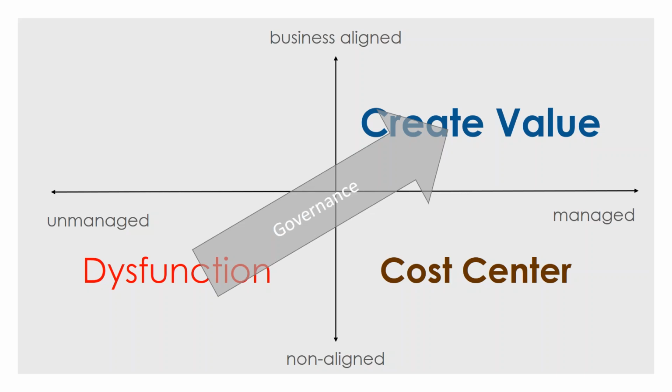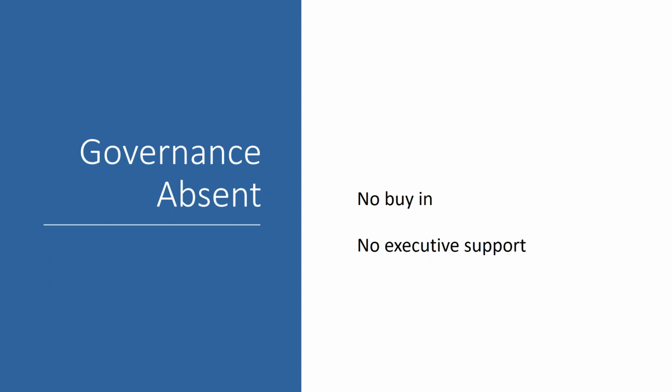So I want to take a few minutes just to talk about that word, because that can be kind of a scary word, and people's eyes can glaze over, or you immediately think of a 30-page document of bylaws, and that's not at all what I'm talking about. I'm really talking about governance as a relationship between IT and the rest of the organization. So the basic purpose and role of governance is to hold IT accountable for creating business value for the rest